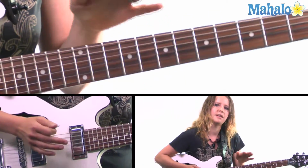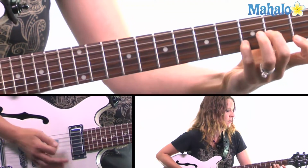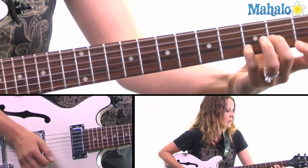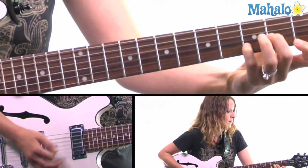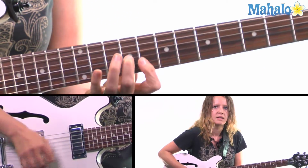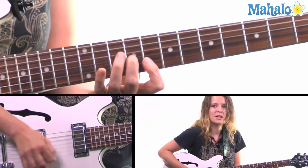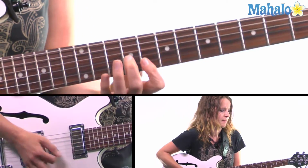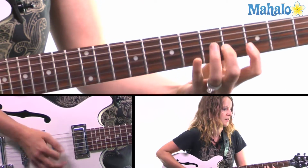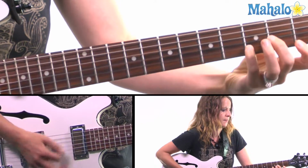So I'm going to play the chords for the whole solo. So we're going to go 1, 2, 3, 4. C with D in the bass. For 2 measures, back to D minor. C with D in the bass, to D minor, G with D in the bass, to D minor, G again,